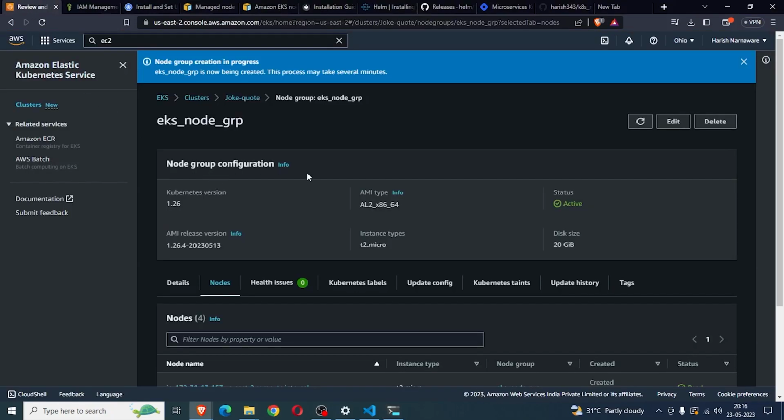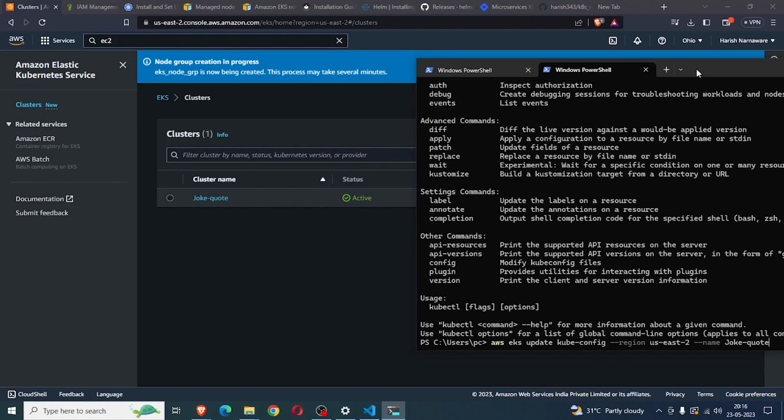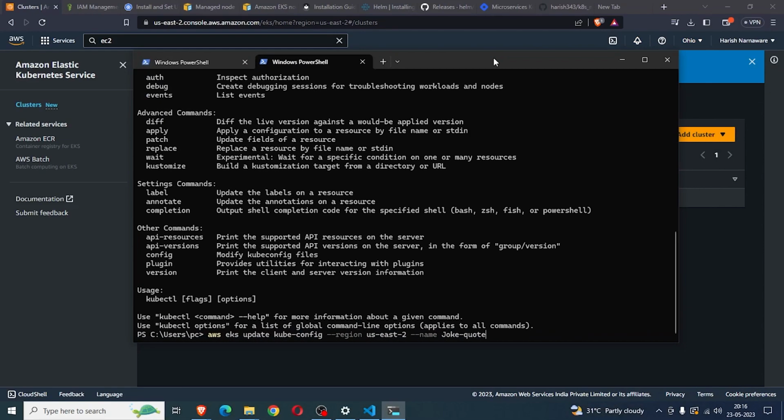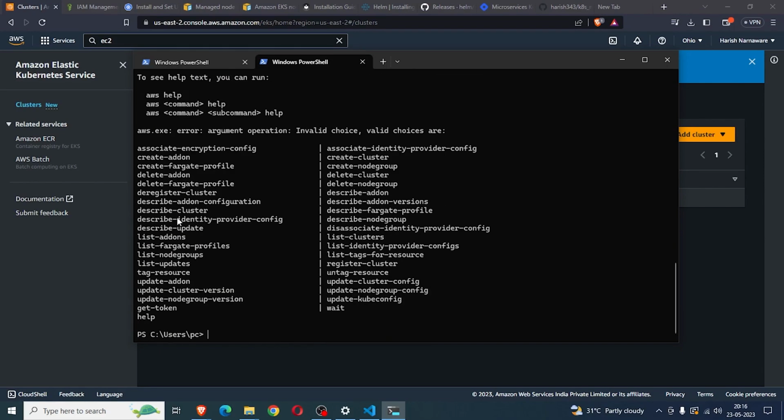I will check the cluster name is Qt. Match this name with this, and the region is Ohio, US East 2. Update, and